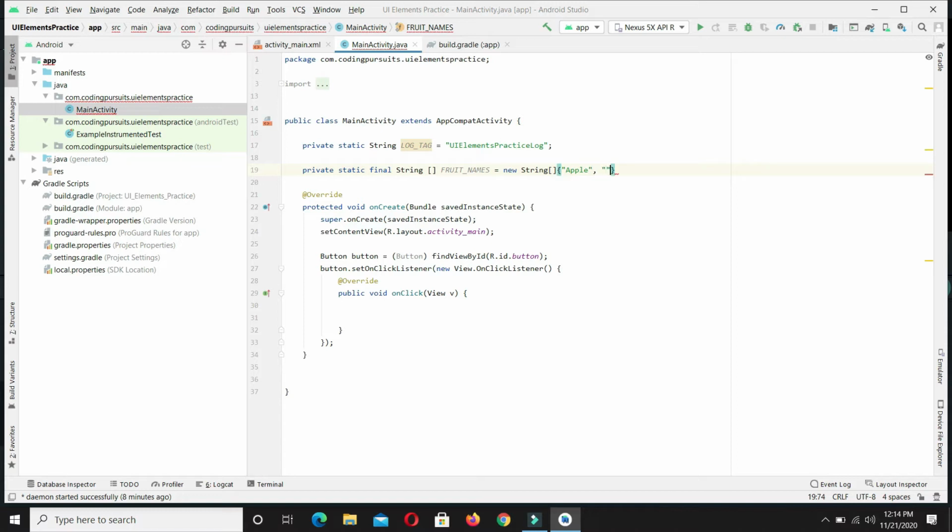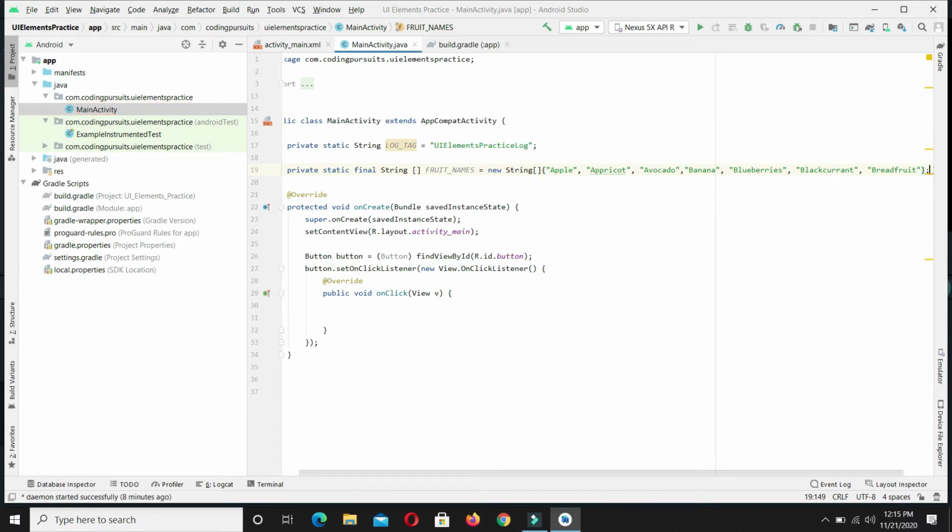apple, apricot, avocado, banana, blueberries, black currant, and breadfruit.